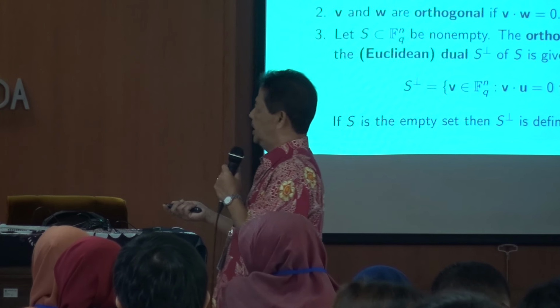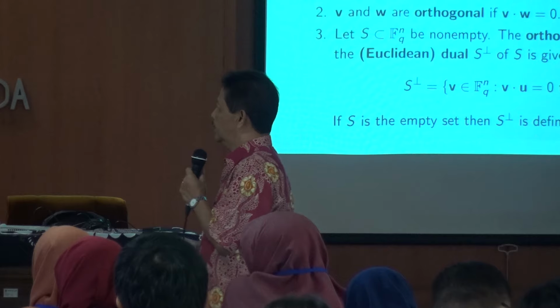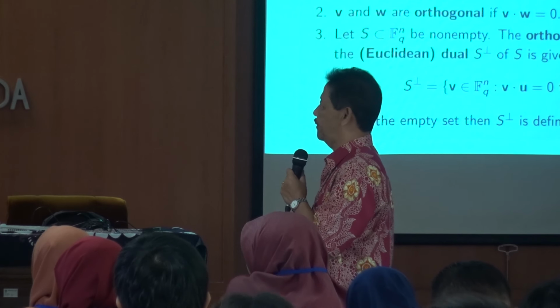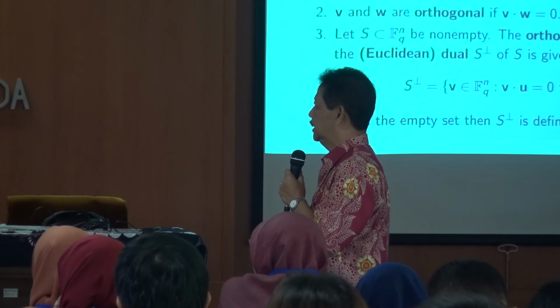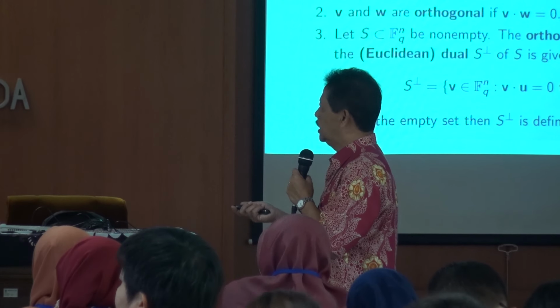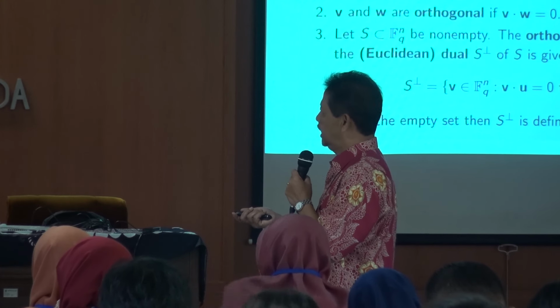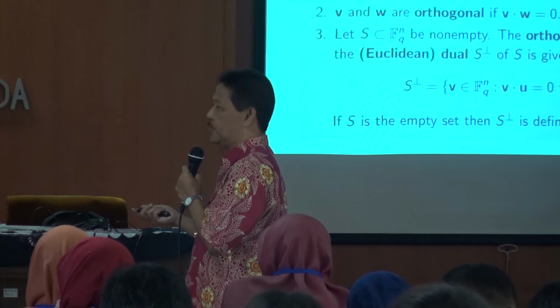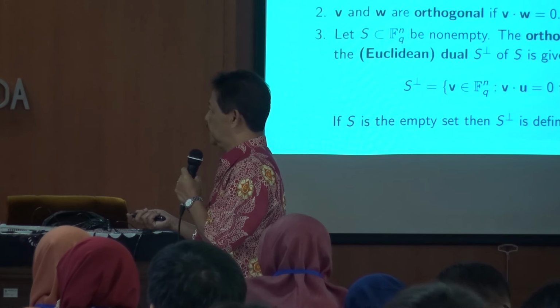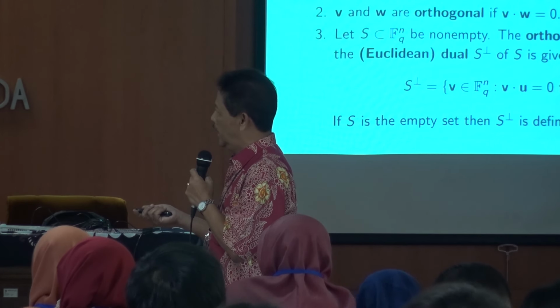Let S be a subset of the vector space F_q to the n, and S is not empty. The orthogonal complement, or the Euclidean dual S perp of S, is given by: S perp is all of